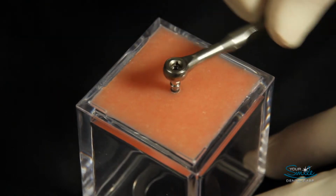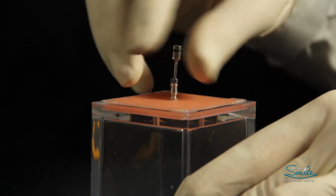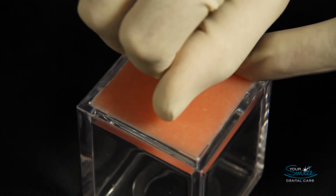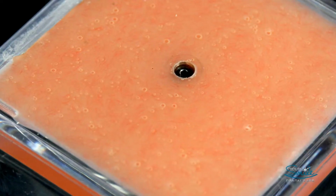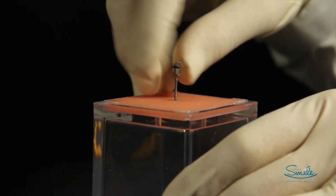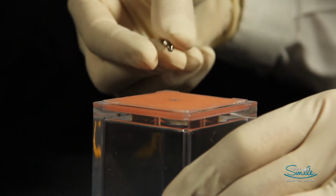The insertion device is then removed with this fine screwdriver, leaving the implant located nicely in the jaw, with the top just below the gum line. At this point, the implant opening in the top is covered over with a small removable cover screw. This allows us to return the gum back over the implant while waiting a few months for the jaw to fuse with the implant. At the next appointment, after a little freezing, the cover screw itself is removed and a